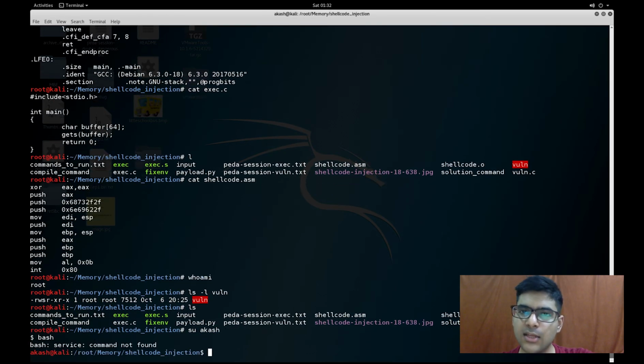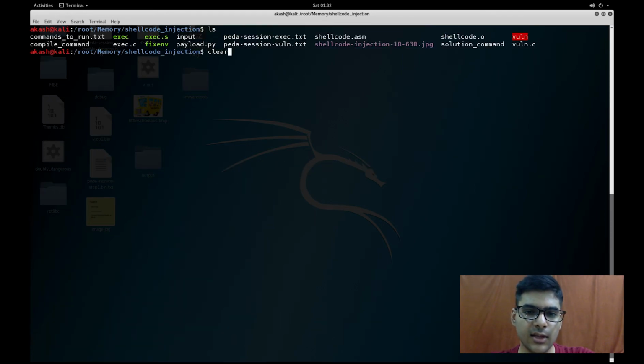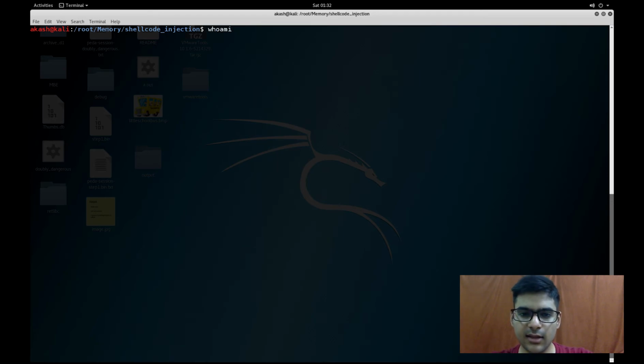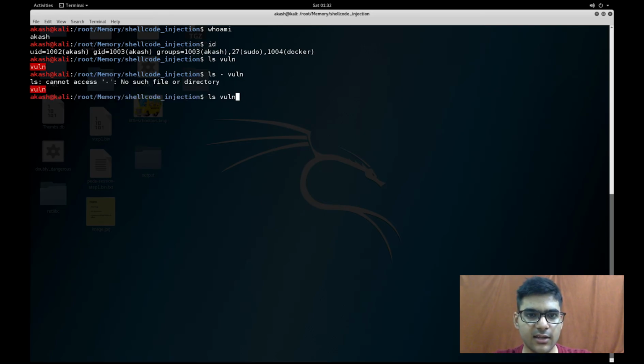So let's do a demo for the shellcode injection we talked about. I have Kali Linux running here, and I'm running as the user Akash, so we can see here through my ID, group, UID, GID, etc. We have a file in this directory called vuln, which